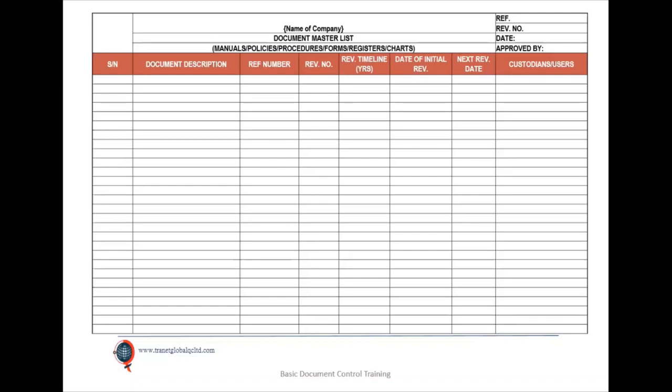Best practice anyway is that once a form changes its format, it is moved to the next revision. However, I've seen organizations, whether this is right or not, that will track their changes on forms until such a time that it's equal to their revision timeline before they revise. But best practice is that once a form changes its format, it should be updated to the next revision. So the next one is